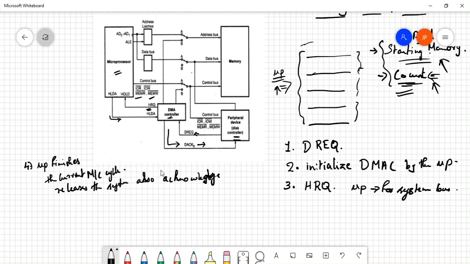Now once this signal is given to the peripheral device, the DMA will start with the transfer of data. Before the transfer, it gives the DACK signal to the peripheral device.